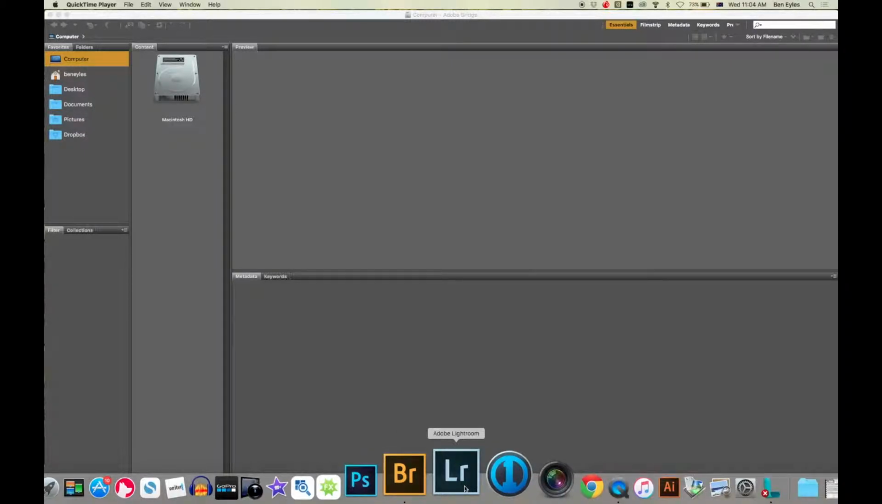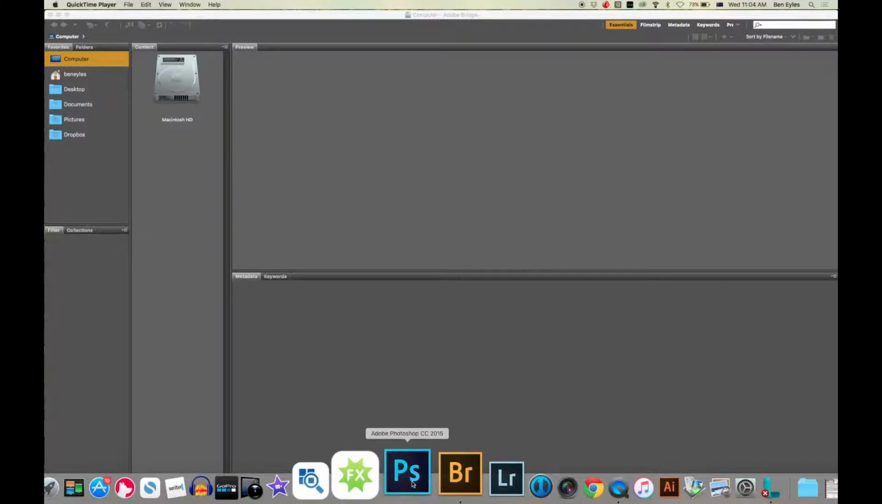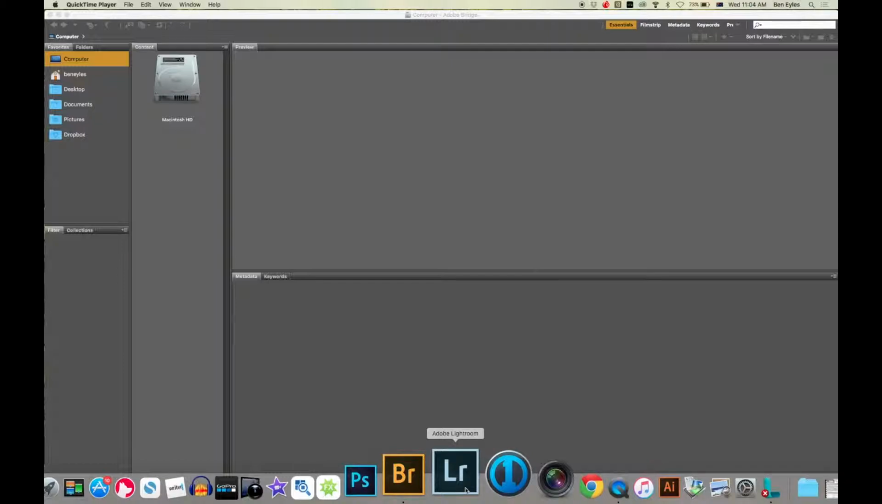Lightroom is a great image editor for global adjustments. Remember, we talked about global adjustments being applying adjustments to the entire image, and local adjustments being adjustments you make to a specific area in an image. Photoshop really rocks at that. So Lightroom's really good,